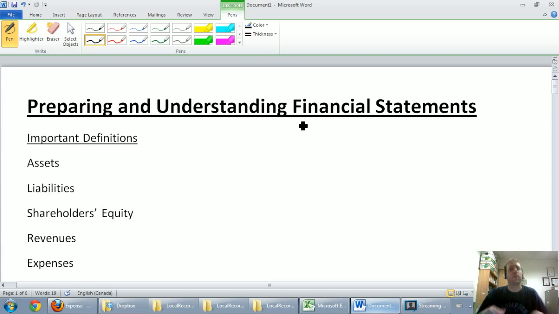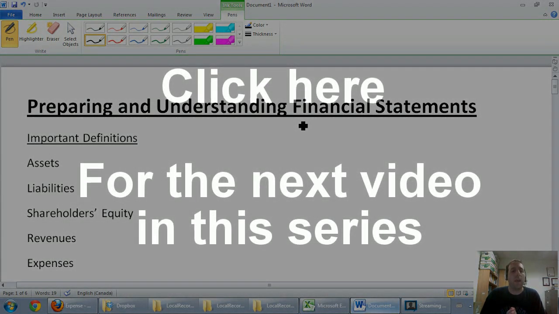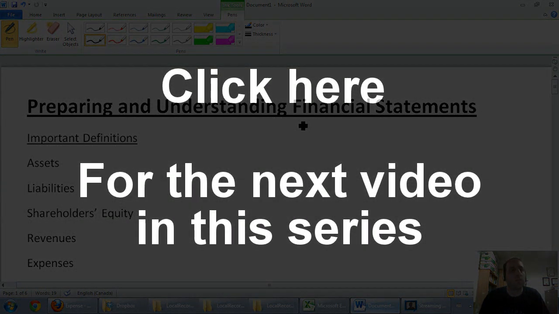Shareholders' equity, we talked about, that's what's left over for the shareholders. That's the shareholders' piece of the pie. And revenues and expenses. Revenues are how the company earns money. So Walmart sells stuff. This university charges tuition. They'll have tuition revenue. And expenses are the cost of doing business. Paying your employees, salaries expense, keeping the lights on, utilities expense, and there's many, many more expenses. I hope you understand those 5 terms well. And we'll talk more about the financial statements in the